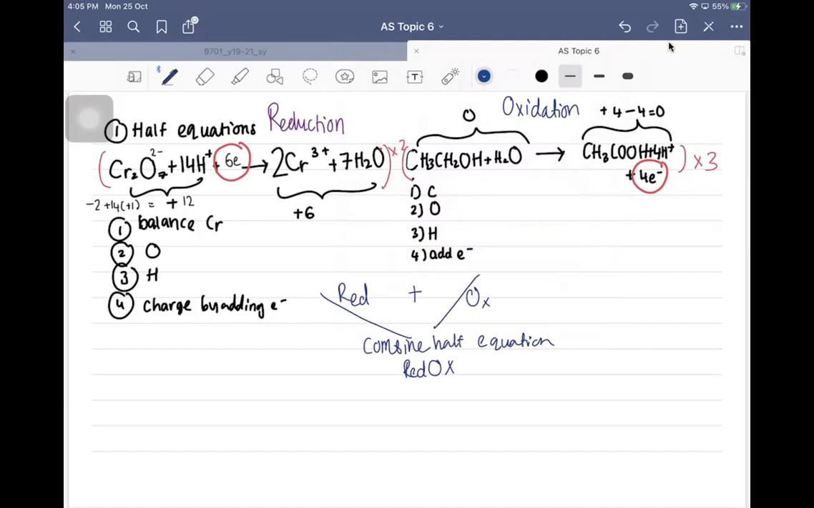Okay. When you change the number of electrons, you have to multiply the whole thing. Otherwise, you will change the balancing. Likewise, for the oxidation half equation, multiply everything by 3. So after you multiply them, combine them, you should get 3 lots of ethanol plus 2 lots of dichromate ion plus 16 H+, 6 times 2, 12 electrons to form 3 lots of ethanoic acid